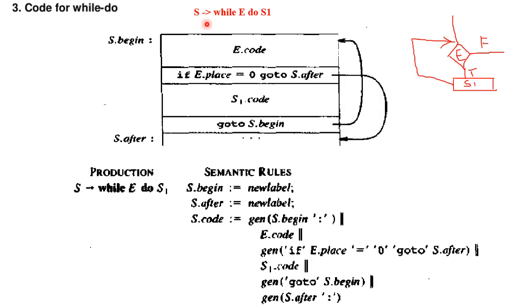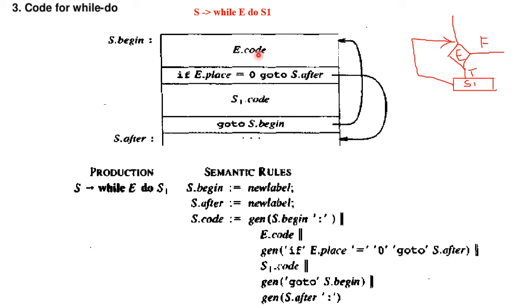This statement is while expression do S1. This can be explained here. This while loop checks the expression. If the expression is true, it executes the statement S1. Then again checks the expression. The statement S1 is executed until the expression is false. If the expression becomes false, it comes out of this while loop. So this can be represented here. It requires two labels, one to represent the beginning of the while loop, and another label for representing the exiting of while, S.begin and S.after.